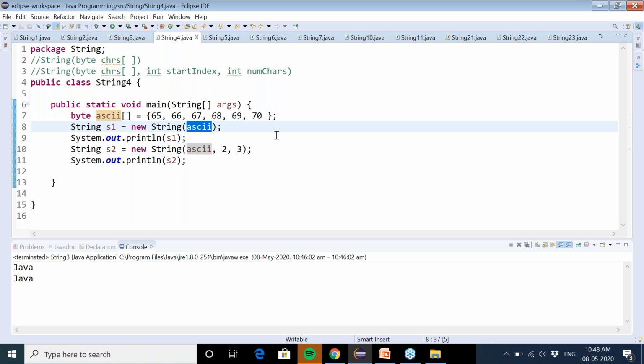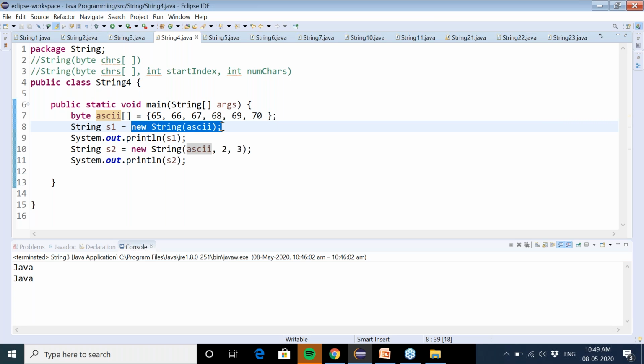So when you build a string out of that, you will get A, B, C, D, E, F generated from that byte type array, and that we are assigning to S1. So the S1 object is basically referring to the string ABCDEF that we are printing over here.